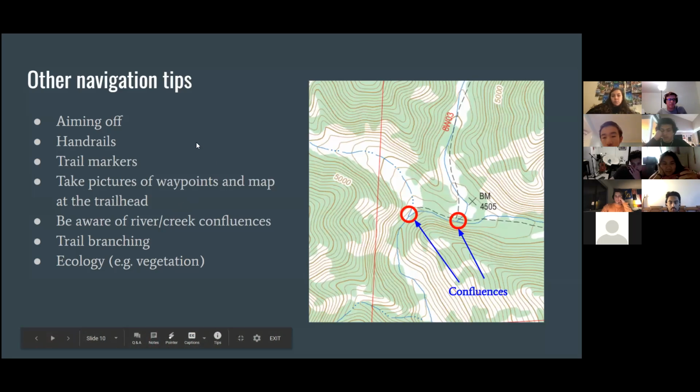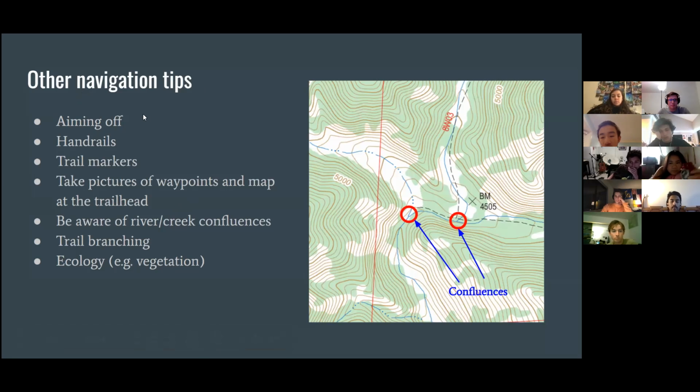All right. So now we're going to go in a little bit more about some other general navigation tips that you can use while out in the backcountry. So first, we're going to have one tip, which is going to be aiming off. So in terms of navigation, what that means is that if you're looking for a specific campsite or trail intersection